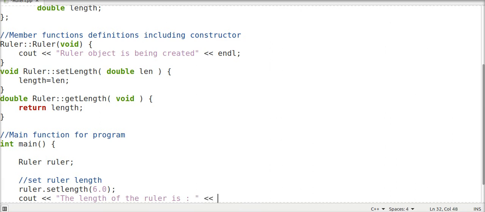We're going to do this, and we're going to do ruler. I'm going to use our object again now. Dot, and in this case, we're not going to set the length. We're going to get the length. Get length. We're going to use our other function, get length,